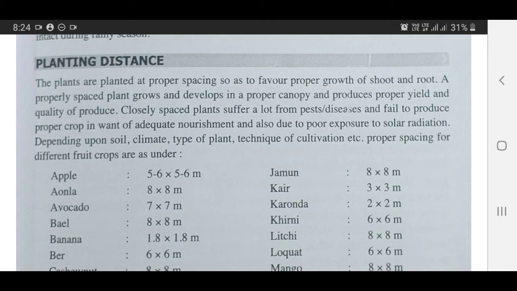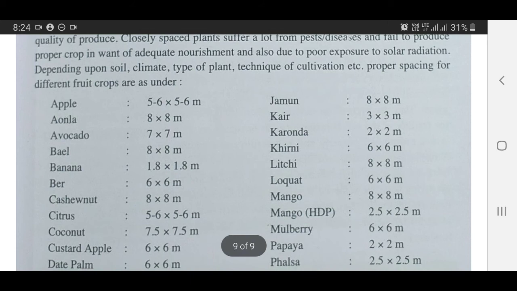Depending upon soil, climate, type of plant, technique of cultivation, etc., proper spacing for different fruit crops is as under. Apple is planted at 5 into 5, 5.5 into 5.5, or 6 into 6 meter. Amla 8 into 8 meter, avocado 7 into 7 meter, bael 8 into 8 meter, banana 1.8 by 1.8 meter,